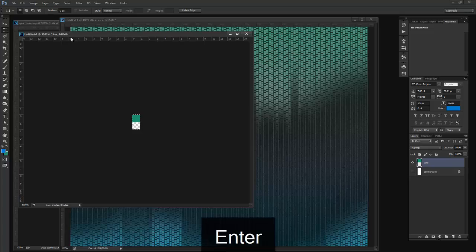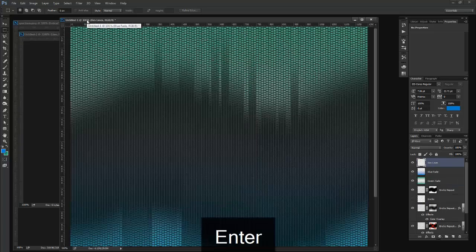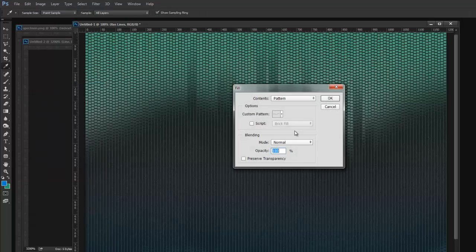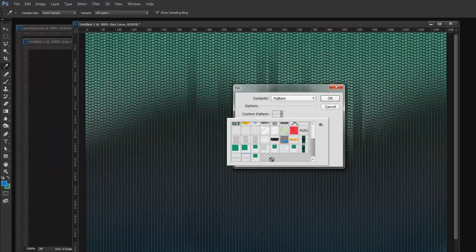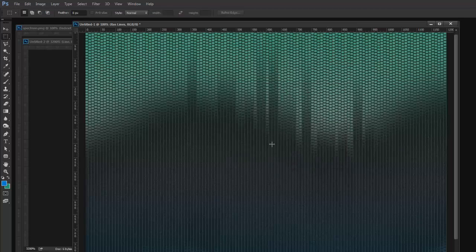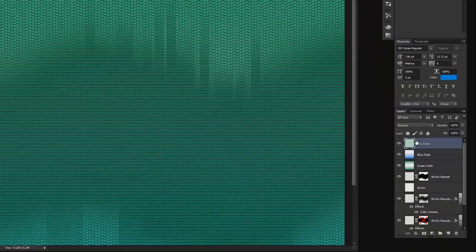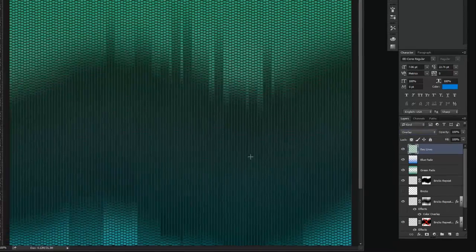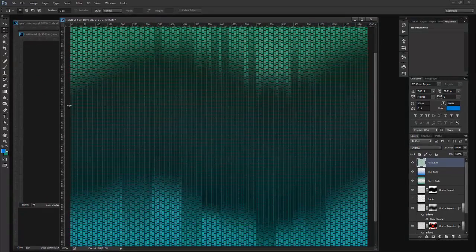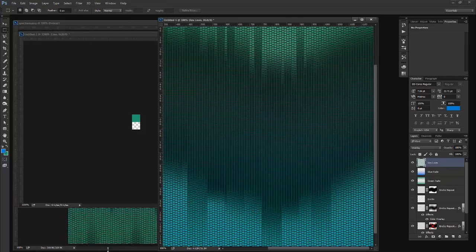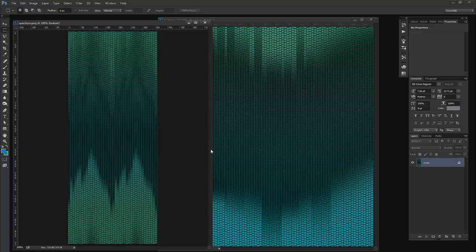All right, let's go back to our original document and that new layer we just made. Let's go to edit, and we'll go to fill, and we're going to fill this with a pattern again. So again, the pattern should be the last one on your list, and let's press OK, and we'll fill this with these res lines. Now the last little detail here to set this off is to set the color blend mode to overlay as well for this one, and you can see that gets us pretty close. It's a bit brighter than the original, but that's essentially how this is